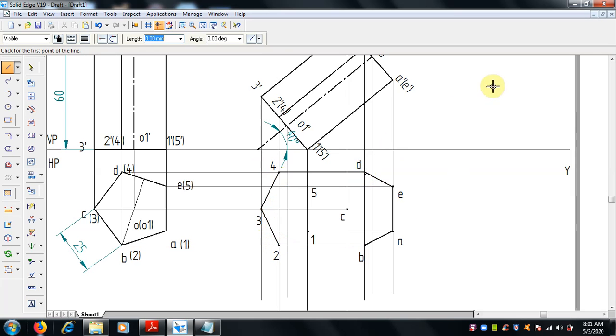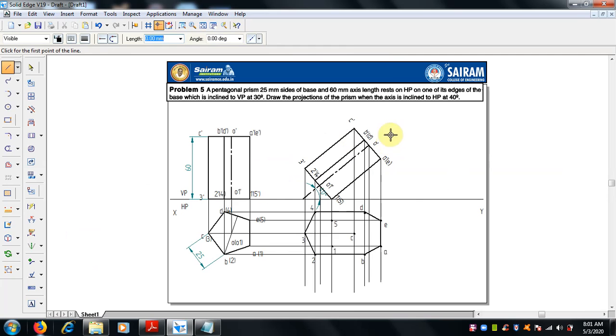This is what I said. From the top we can see the outermost line. So when you see here, this top face is visible and here the bottom is invisible. You cannot see this base directly, but the top can be visible. So I can join this with thick lines. This is the visible lines and the remaining is invisible.